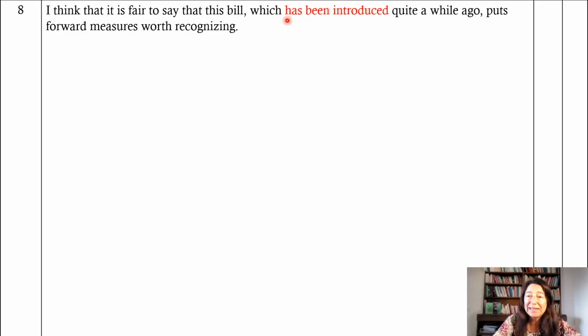So yeah, let's look at has been introduced. Does that work? Well, what do we have here? We have in the present tense followed by VEN, the past participle, so that looks fine. And then we have be plus VEN. So that's the passive voice, the symbol of the passive voice, and that looks correct too. So yeah, that looks fine from the point of view of the form of the